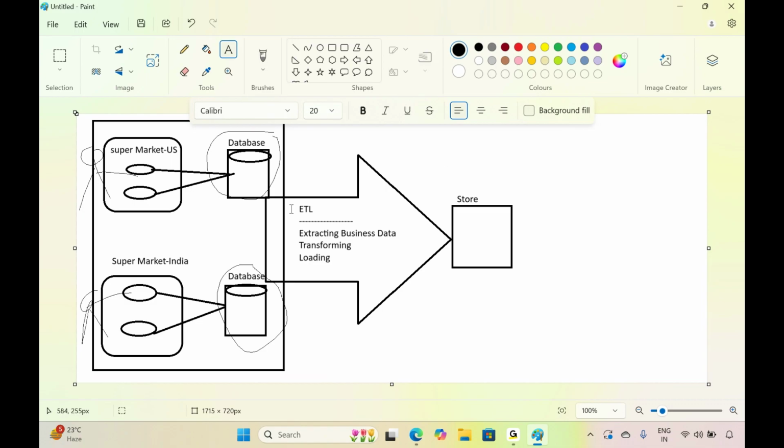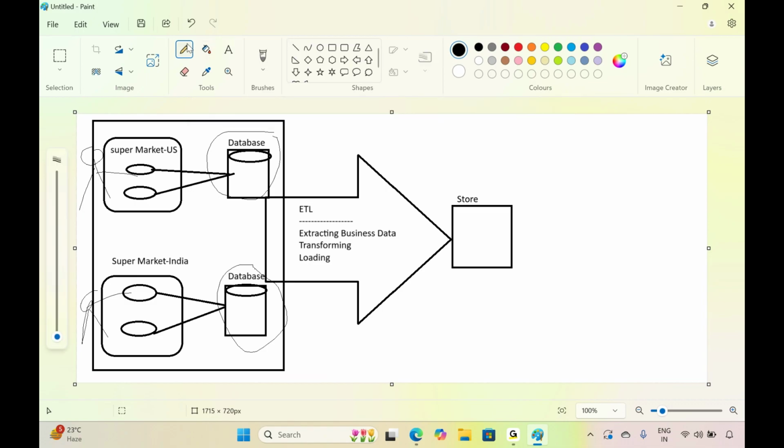Definitely. To do this ETL process, what do you mean by ETL? ETL means take the data from this database server and clean the data, transform the data as per your business requirement and store it over here. Then after, from this server also extract the data, apply the transformations and load the data over here. So to do this ETL process, we have some software. To do this data storage, we have some software storage services.